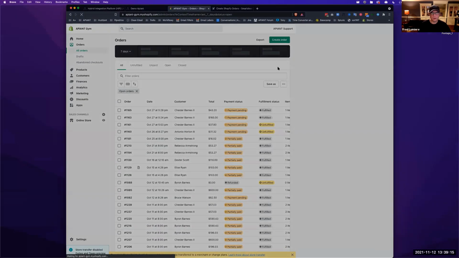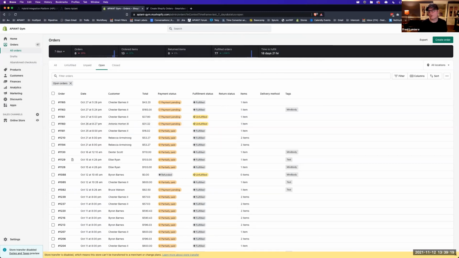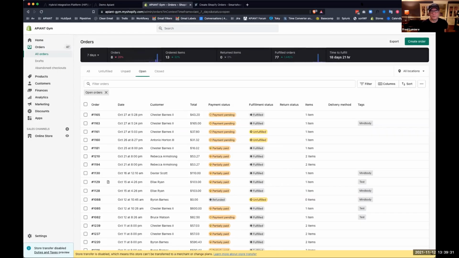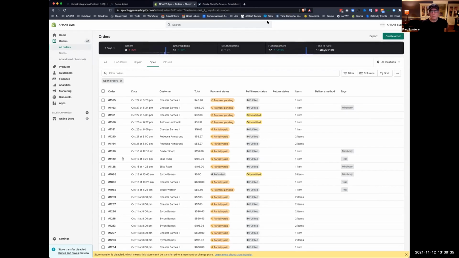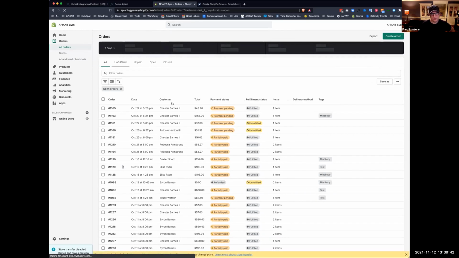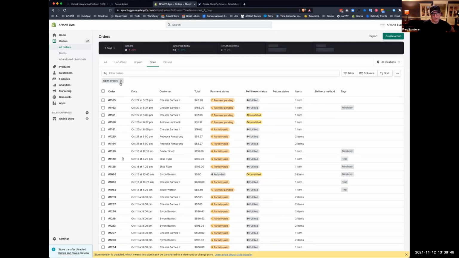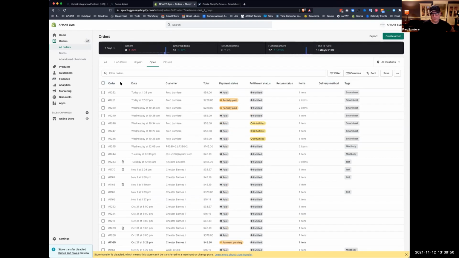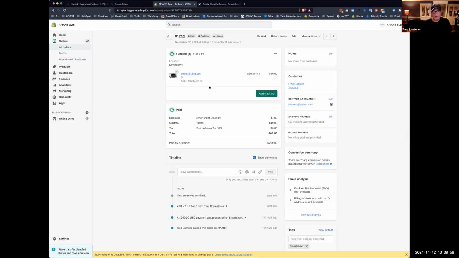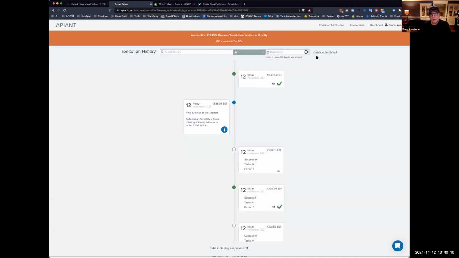So let's take a look. Let me just share this one screen here. All right, so did we get that order? Open orders, maybe. Right here. Got it today, 138. So here's our order. Weightlifting belt with a discount, $49, Pennsylvania tax, and so forth. So really, when you look at it,